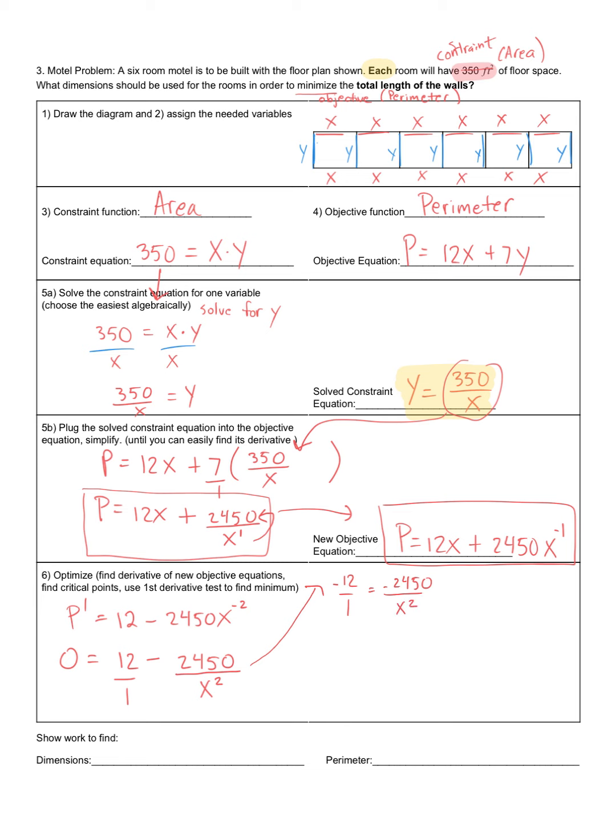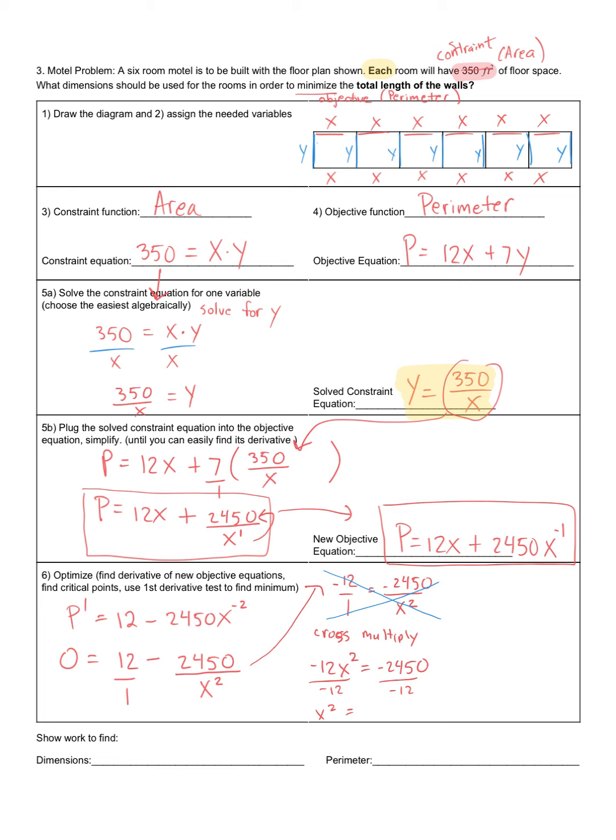Now I can cross multiply. Whenever you have two fractions with an equal sign in between them, that is cross multiplication. Your fave. Everybody loves to cross multiply. So if I go this way right here, I have negative 12x squared, and it is equal to this way, negative 2450. All right, now I divide by negative 12, and I get x squared is equal to 2450